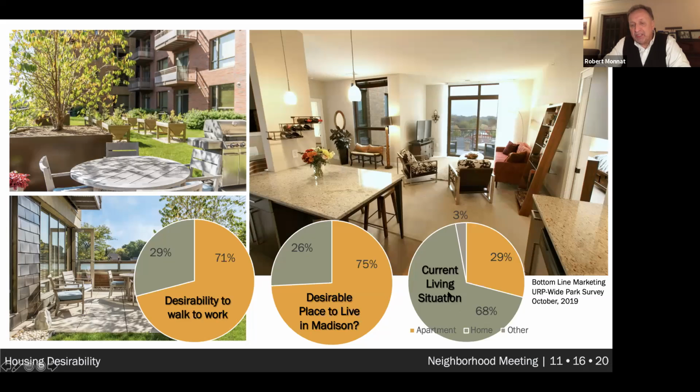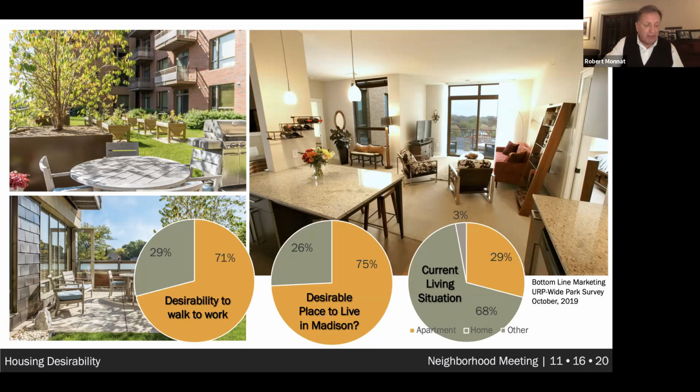And then finally, when we looked at the household types, 29% of people, or almost 1,200 people, extrapolated to the 4,200 employees, currently lived in apartments. So, the people that responded to the survey were not all making $500,000 a year, owning a company and living in a subdivision on 5 acres out in the hinterland. A lot of people were living in apartments, and clearly it's more than enough for the 179 apartments that we've identified here. And so we felt that there was a really good opportunity, a really strong market demand,